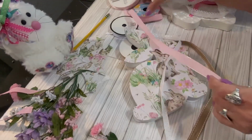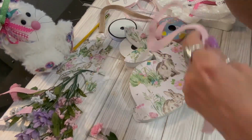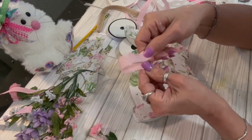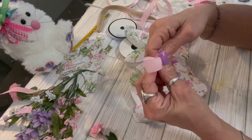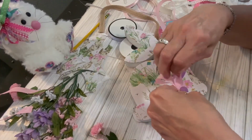If you don't find it, honestly, Hobby Lobby scrapbook paper is not expensive. Every other week they have their scrapbook paper on sale, 40% off. So it's very affordable. So now I'm going to start creating